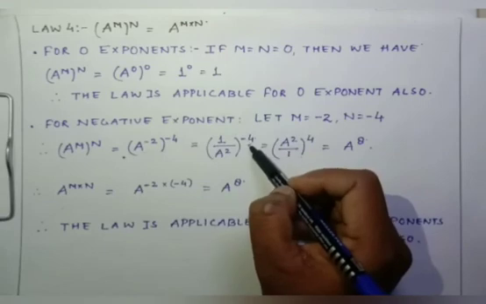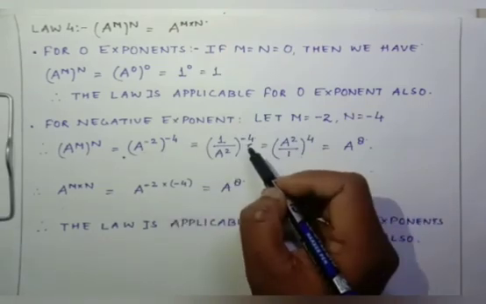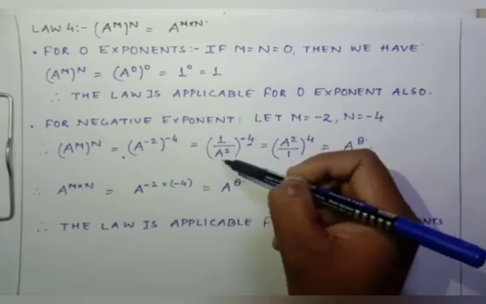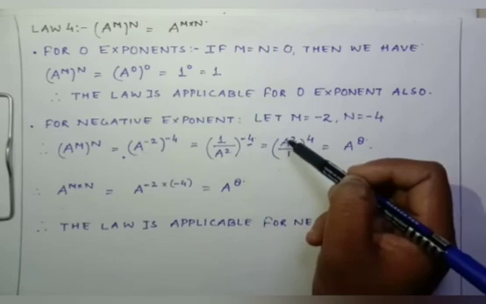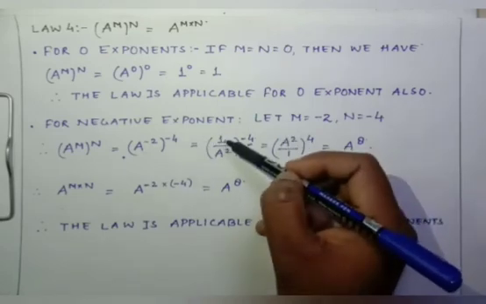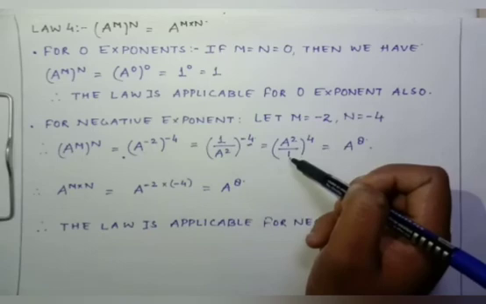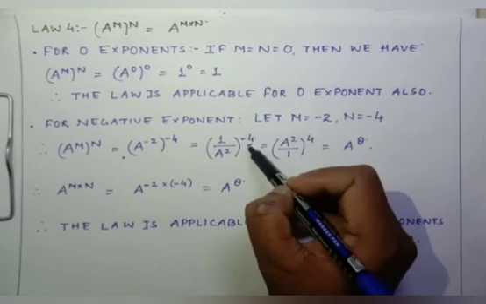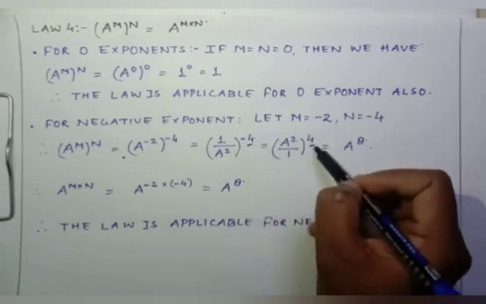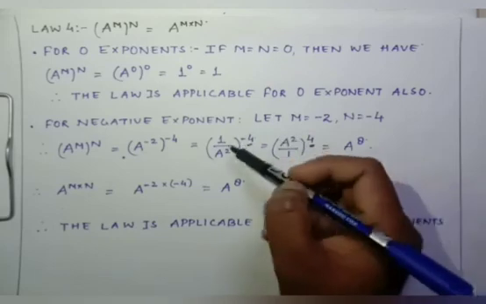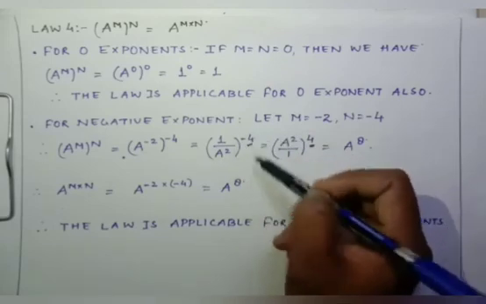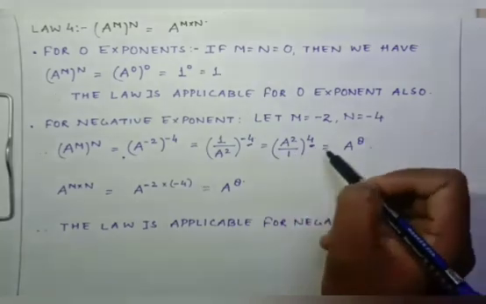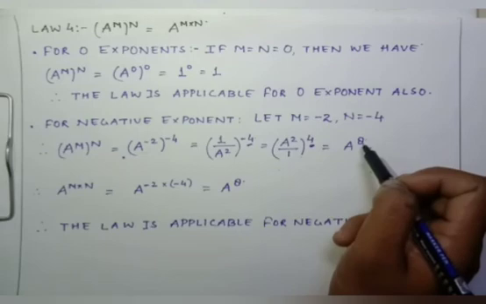Now over here the power is negative. I have to make it positive. How are we going to make it positive? The number at the denominator place takes the place of numerator and the number at the numerator place takes the place of denominator, and we take the reciprocal of the number, then the power which is negative will become positive. Over here the same thing I have done. 1 upon a square to the whole power -4 is equal to a square upon 1 to the whole power 4 is equal to a to the power 8.